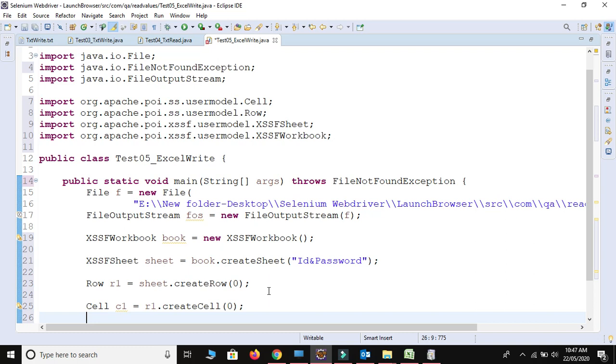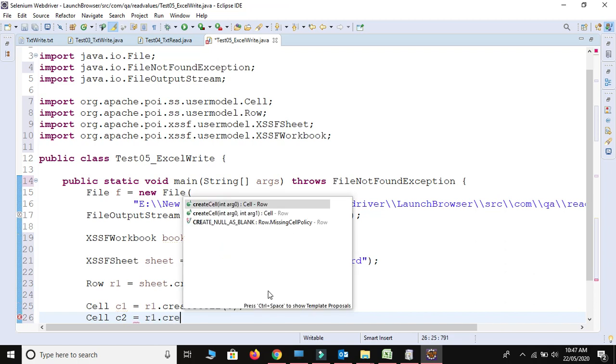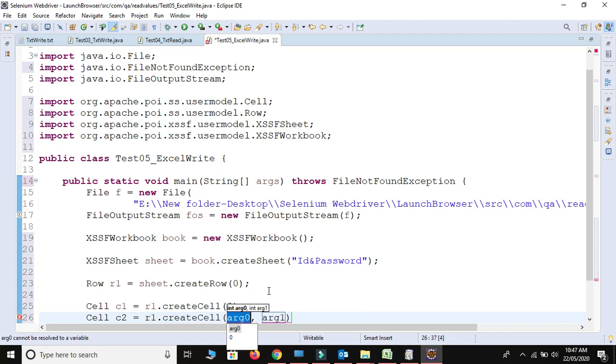So I will write Cell c2 is equal to r1 dot createCell at index number 1. So we have created two cells.